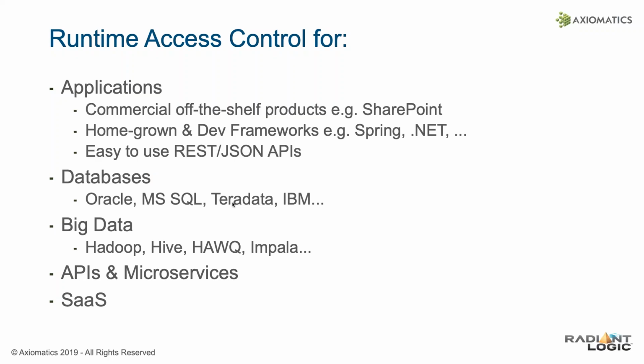Agreed, Wade. And in real time is exactly what I wanted to talk about next: runtime or real-time access control for different kinds of digital assets or resources, be that applications, whether it's a commercial application or a homegrown, home-developed application framework, or if you're just using REST and JSON APIs from Axiomatics. Of course, as mentioned before, protecting through dynamic filtering and dynamic masking at the data level, whether that's a relational database or a big data system, through APIs, especially through the use or integration with an API gateway